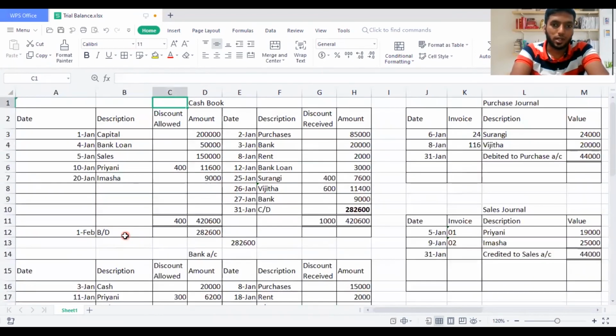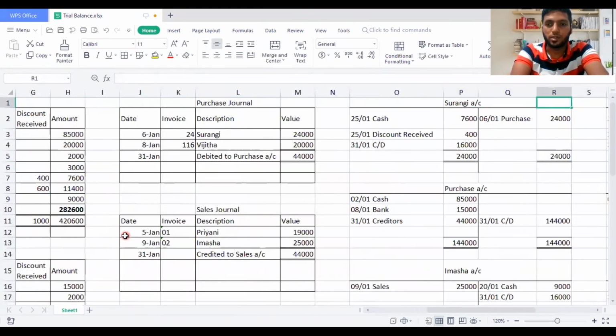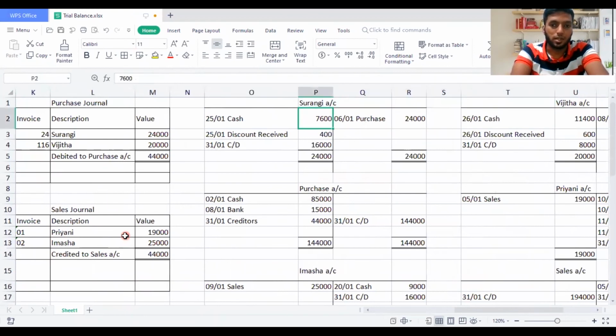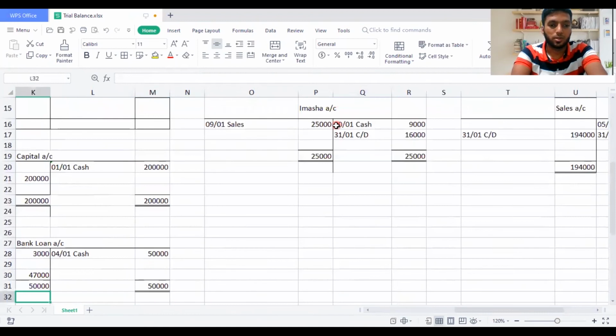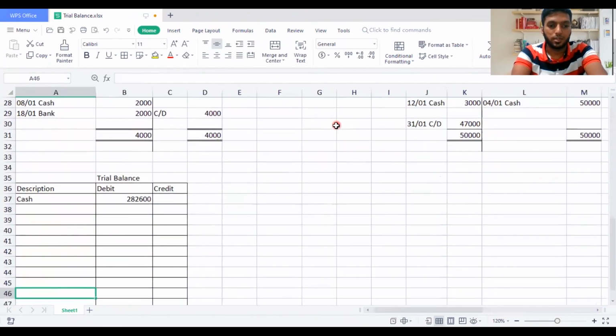If you know the class of accounting properly, then of course you can easily take it. Surangi is a creditor, so you can directly take it as a liability. If it is carried down on the credit side, the brought forward should be on the credit side, right? So with that assumption, or if you know Surangi is a creditor, you can directly move to the description and write creditors, Surangi.